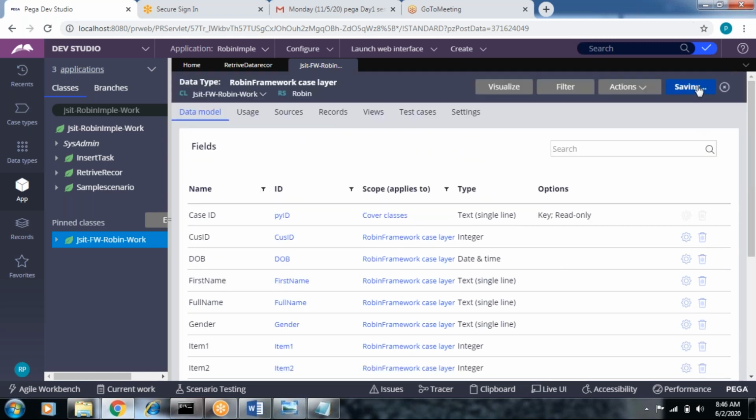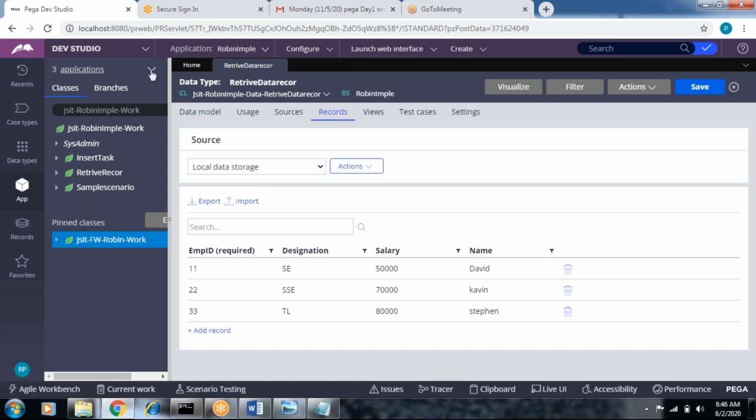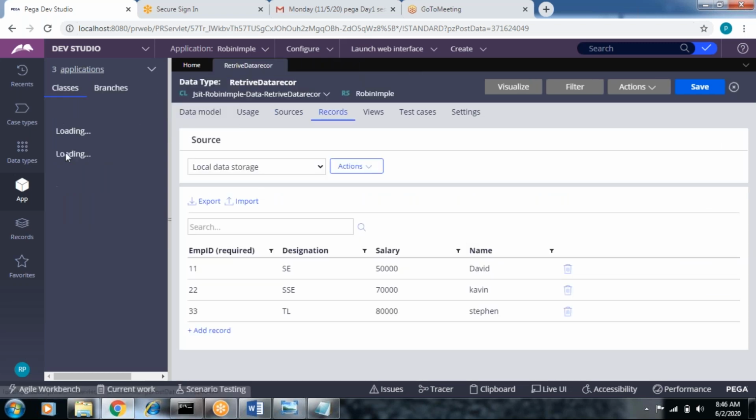Save this data, close, refresh the app. That's fine.